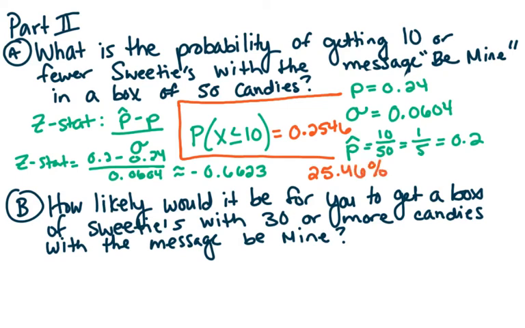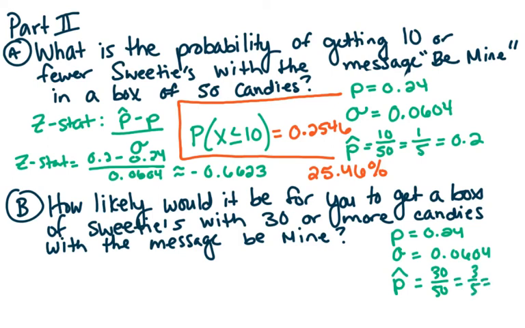Now for part B, it says, how likely would it be for you to get a box of sweeties with 30 or more candies with the message "Be Mine"? And so I'm going to follow the same steps. My P is still the same, and my standard deviation is still the same. This time my P hat is going to be 30 out of 50, or 3 out of 5, which is 0.6. So my Z stat is going to be